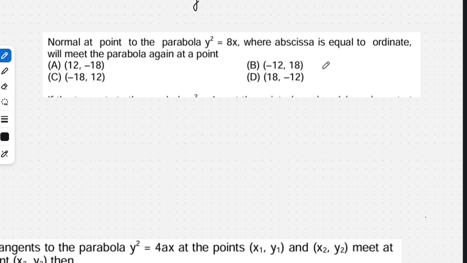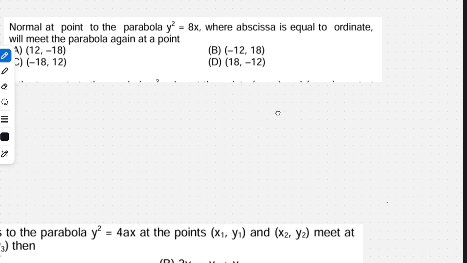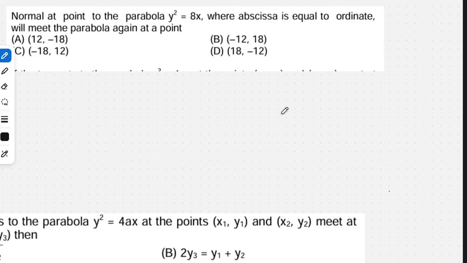Question. Here I'm taking good enough time on each question because my purpose here is not to solve a lot of questions. My purpose is to give you approach. Normal at the point on y square is equal to 8x, where abscissa is equal to ordinate, will meet the parabola again at a point. Again, if we solve this question using the usual method, that question will take a lot